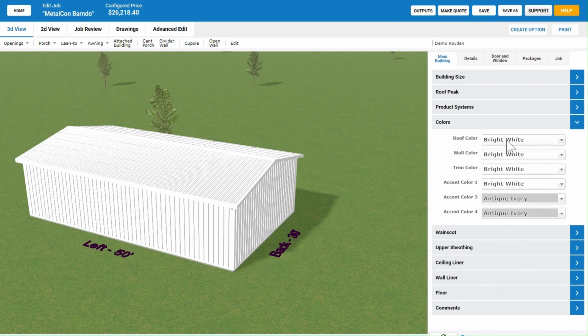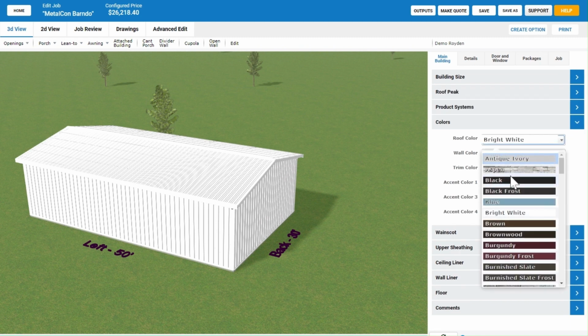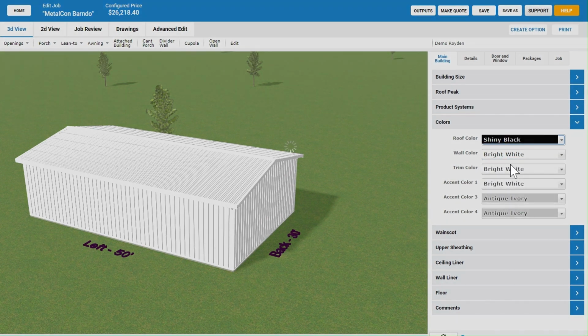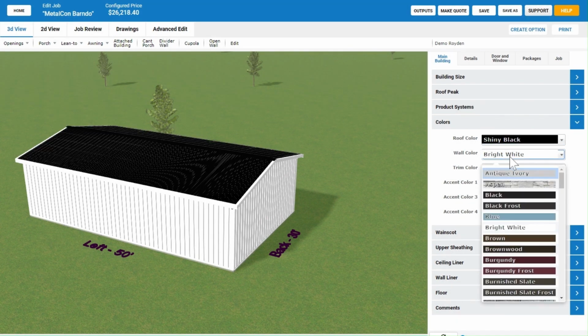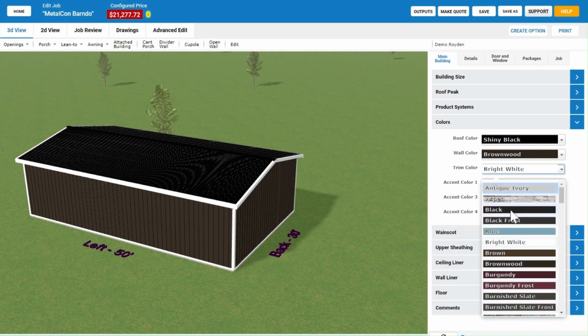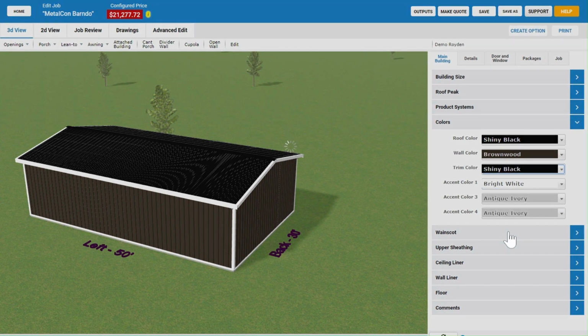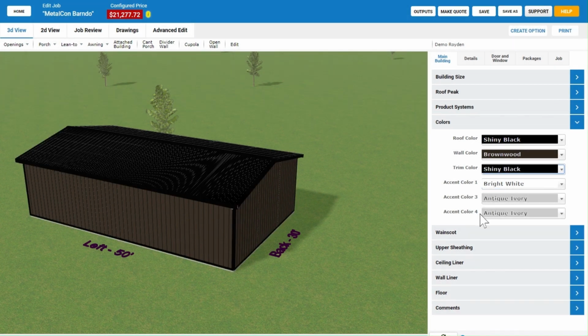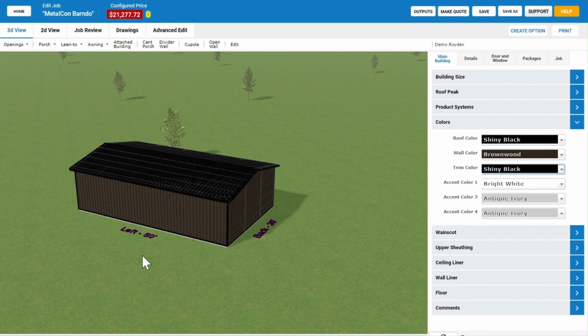Then I can adjust my colors, pick the color that the customer would like, go with a shiny black roof, and we'll do the brown on the side walls. Again, the colors that you would use may be a little bit different than the list you see here, but if you customize a database, we would upload your own colors. So I can inspect the model here, get a good look at all the sides,